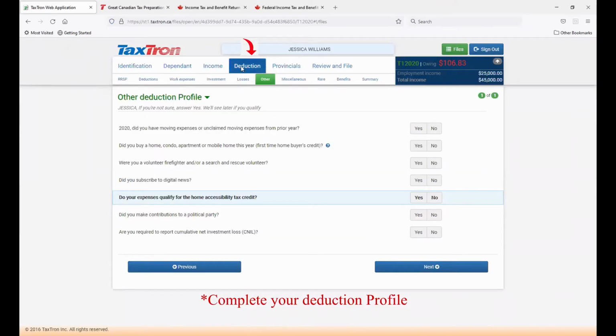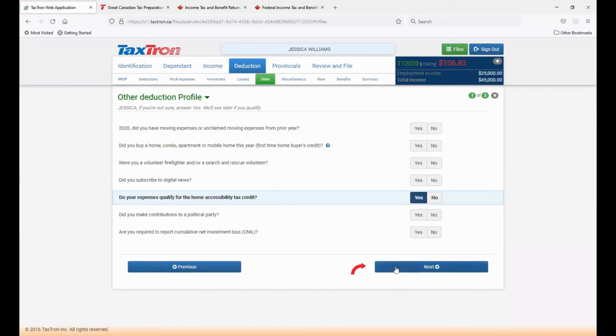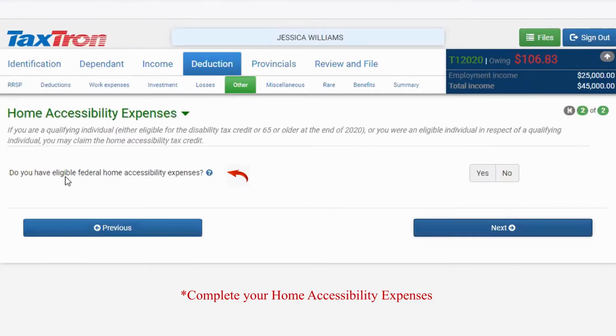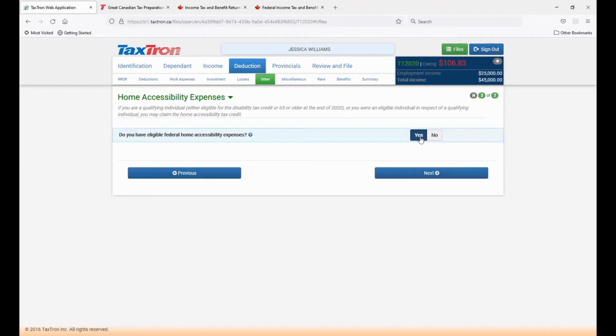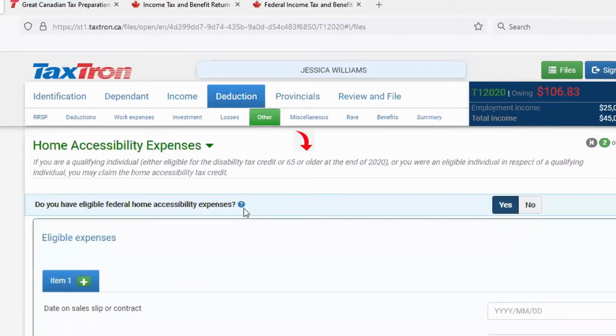In deduction profile, the 6th tab others, the third last question, do your expenses qualify for home accessibility tax credit? Click yes. Do you have eligible federal home accessibility expenses? Check mark yes. To claim these expenses, you are qualified for disability tax credit or 65 years of age or